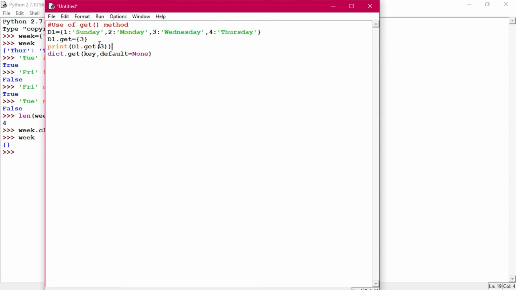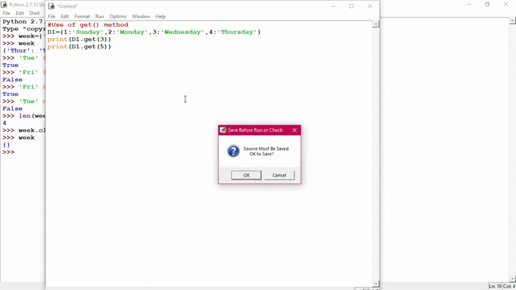Then I'm writing print d1.get, and within brackets I'm giving 5. Now default is None, so we don't need to give it like that. This is the key that you have used, and default is None, so no need to mention anything here. So just this small program, a small piece of coding, and then run this program. Let's see now what is happening.